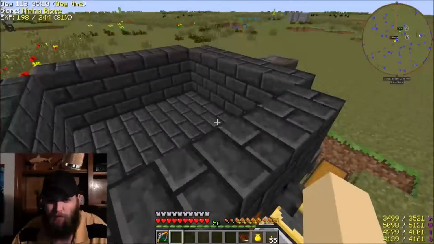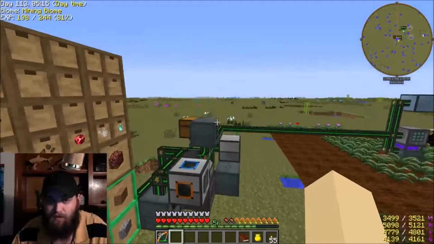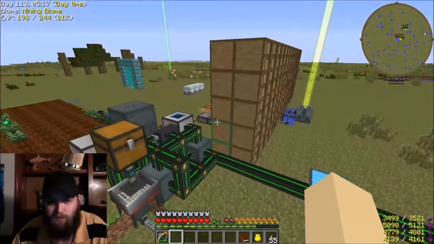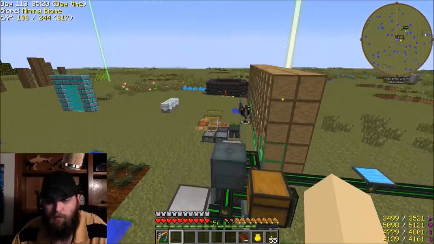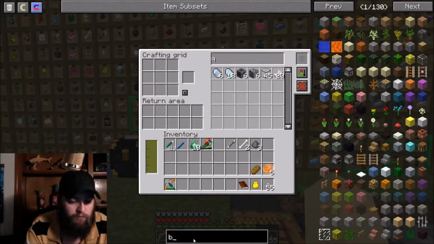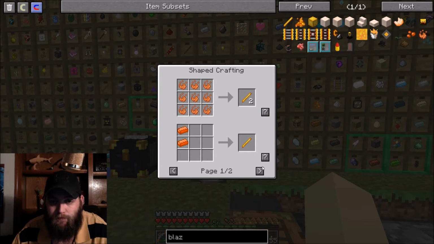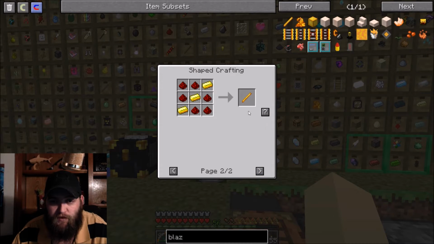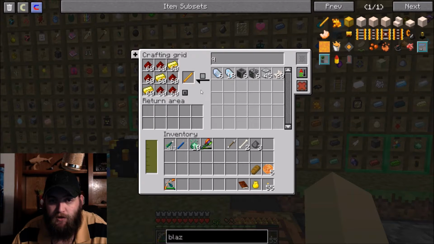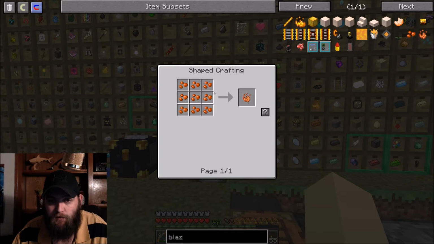Not going to go very big with the smeltery. I'm sure you have built thousands of those as well. Crushing down to simple stuff like blaze rods. You don't need much to make blaze rods here. That's not the only way to make blaze rods, though. You can also...